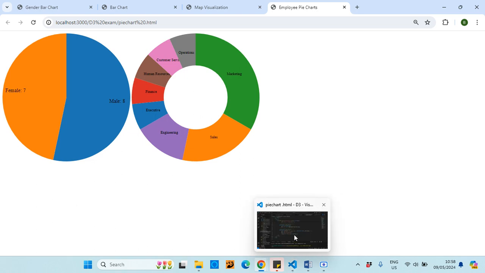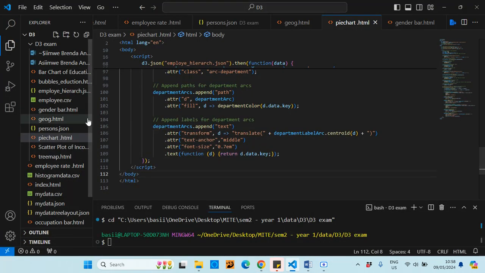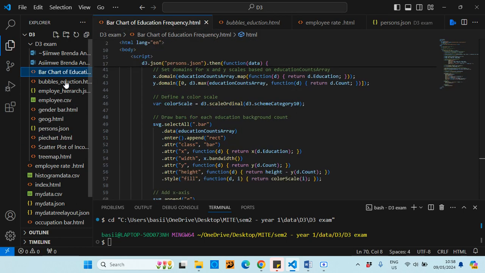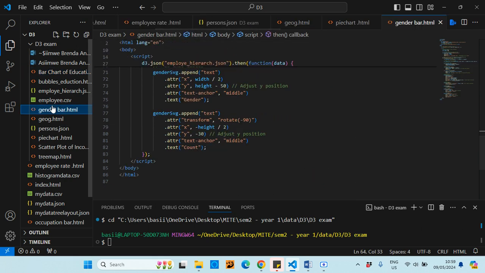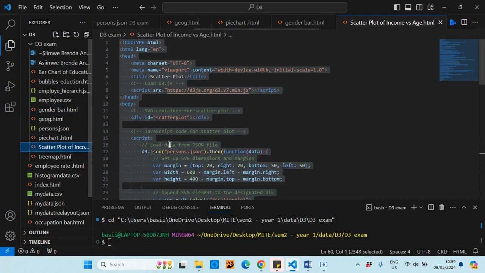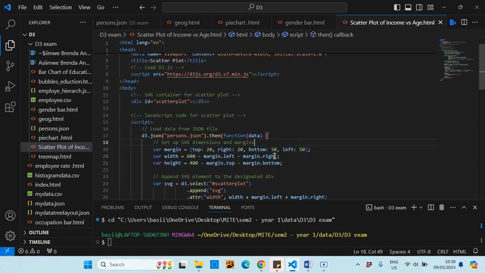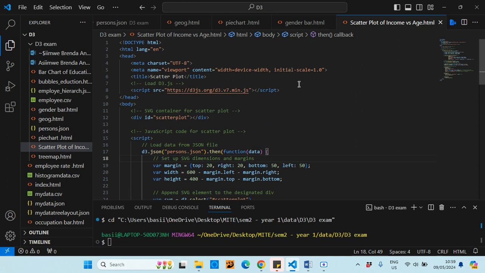Next, I think we looked at this already, the gender budget bar graph. We already looked at that. We looked at geography. We looked at pie chart. Now we look at scatter plots. So basically, we do the same thing. We declare HTML codes, have the D3 library,